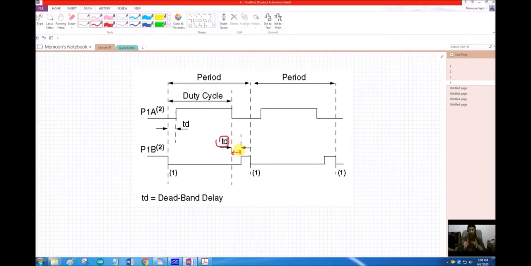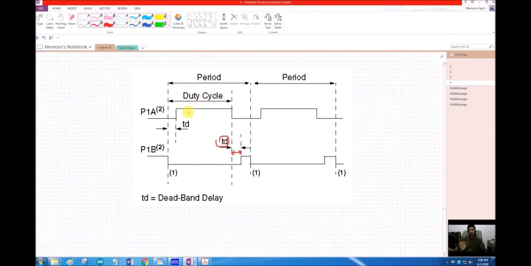So to make sure that at any moment both the transistors do not turn on at the same time, we intentionally induce a dead band, a precautionary time at which both the transistors will be off,